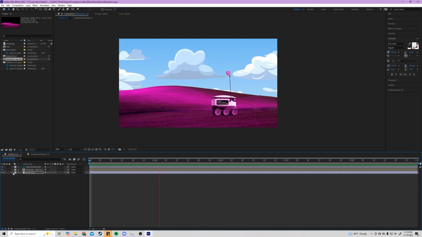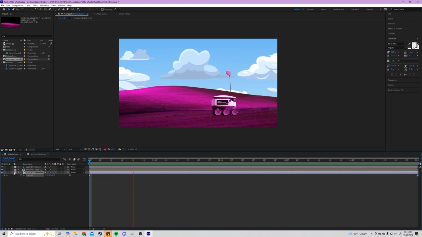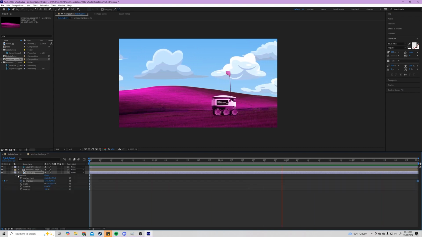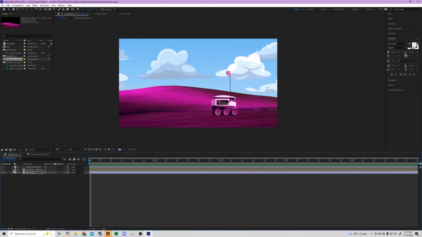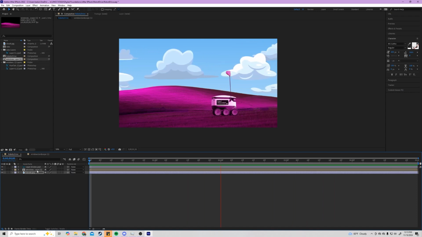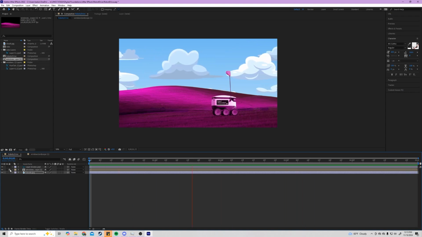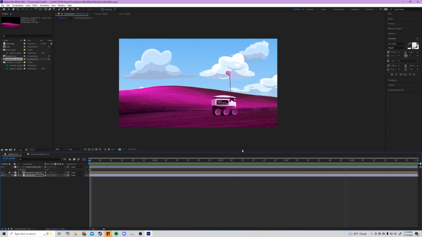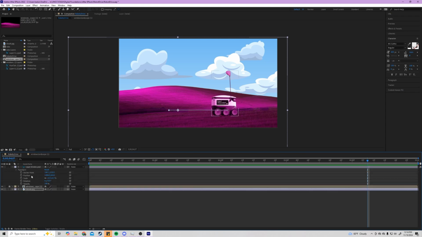Also with these transformations, you also have hotkeys to open up one at a time. So P is for position, but if you ever forget them, you can always open them manually with those drop downs. So for robot, we're not changing the landscape at all. You can actually lock that in place if you want to. But for robot, we're gonna open up our transform, and we're gonna be setting a position, a scale, and a rotation